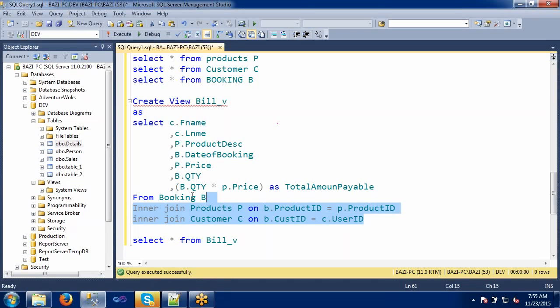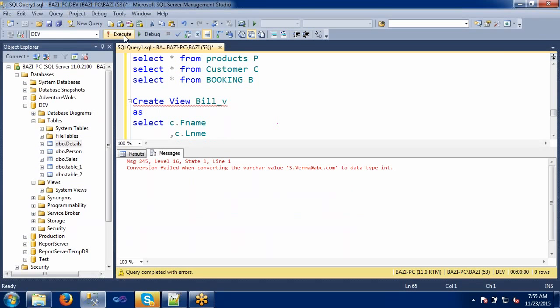Okay, now the execution is done. Let's try to execute this one. So it is saying that the conversion failed when converting the varchar value. Some varchar is not converting to this data type. Where is it?